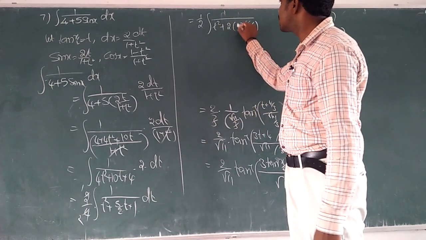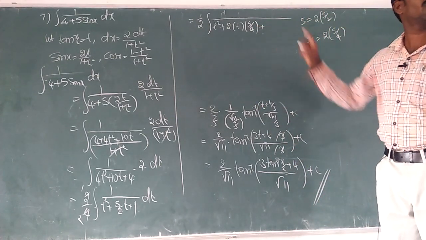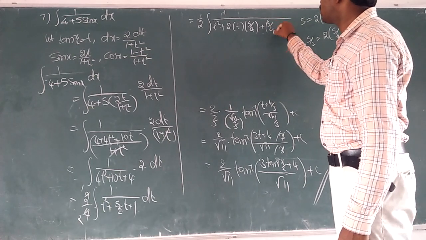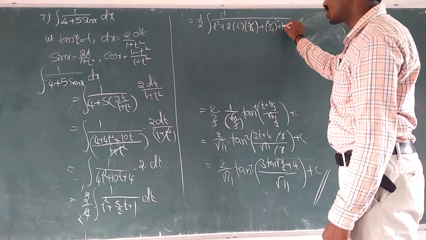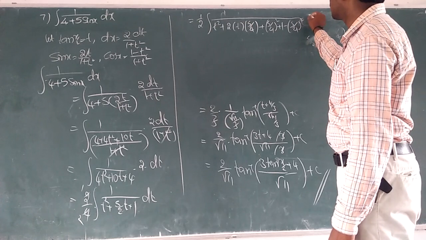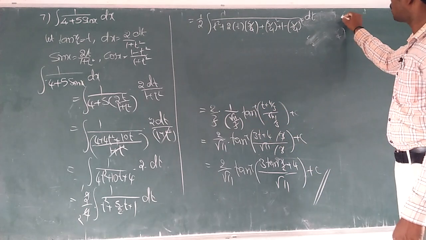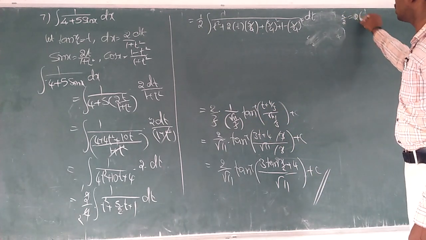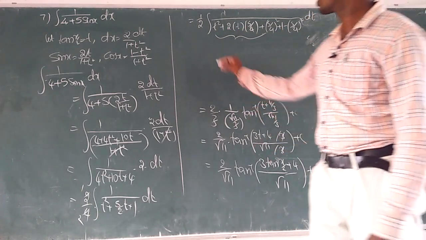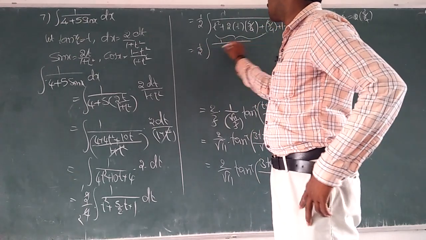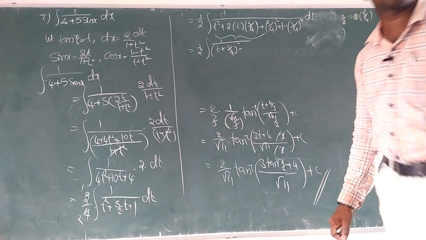And into t. So now what is added here? 5 by 4 whole square is added. So plus 5 by 4 whole square is added, and we remove it by subtracting. Plus 1 is there, so plus 1 minus 5 by 4 whole square. So now the middle term 5 by 2 is written as 2 into 5 by 4. That's it. Now this is the form of a plus b whole square. So 1 by 2 integration of 1 by t plus 5 by 4 whole square, and here 1 minus 5 by 4 whole square is there.